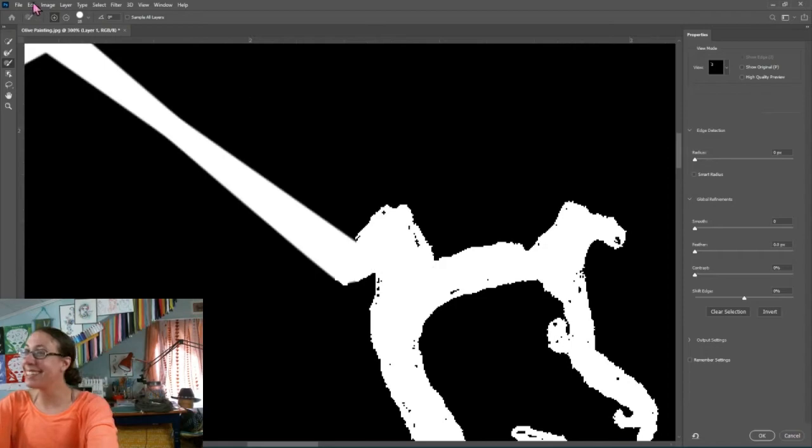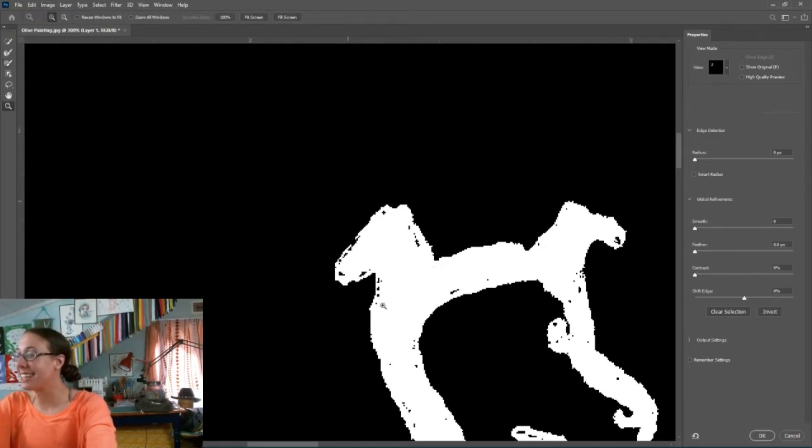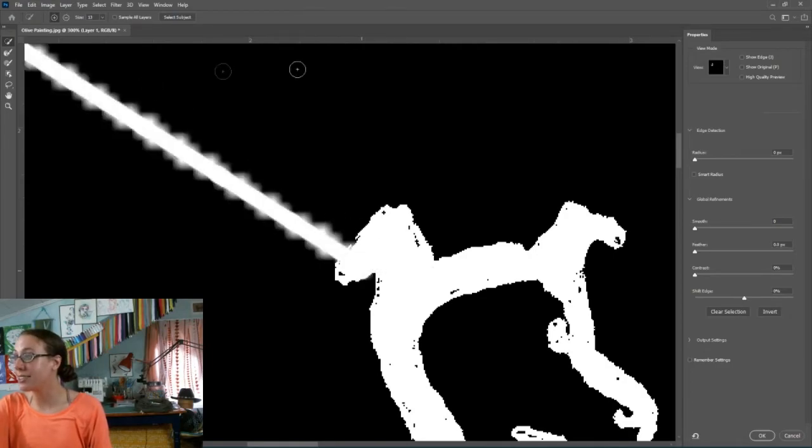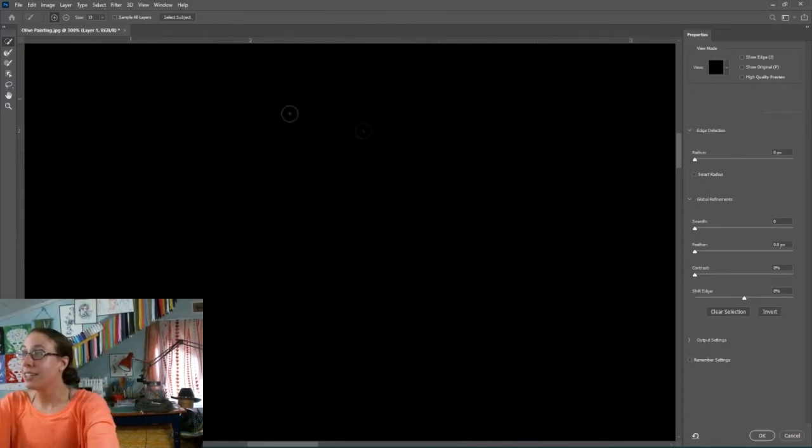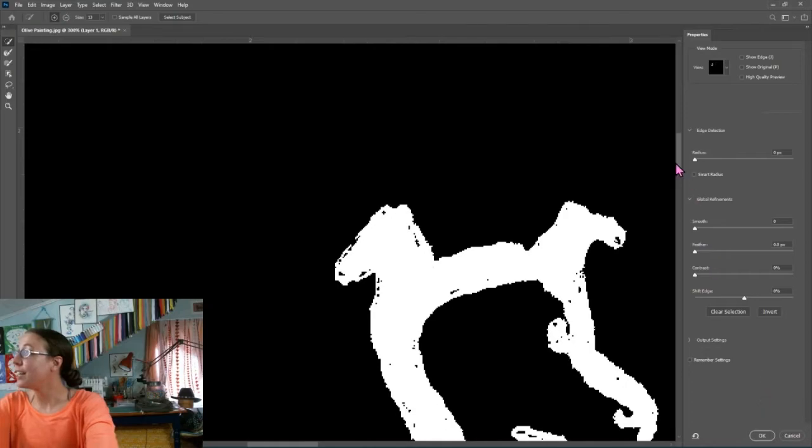my screen keeps doing this today to me in Photoshop. But that did seem to give us the soft edge that we were trying to avoid. And it's also totally glitching out. So let's try this last one, which is the quick selection tool, and it's also glitching out. So I will do it manually